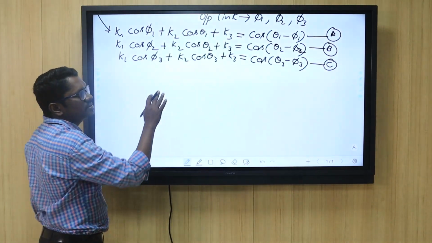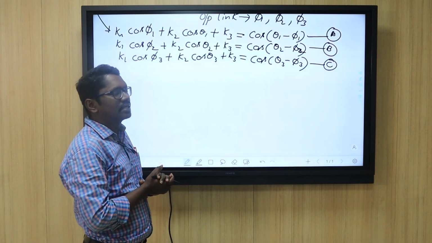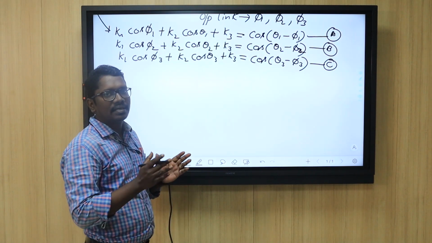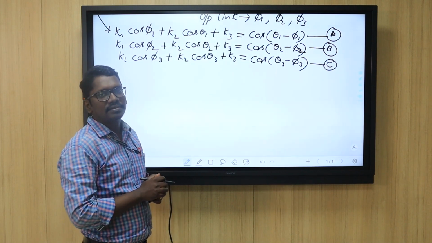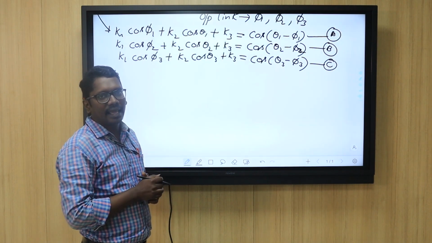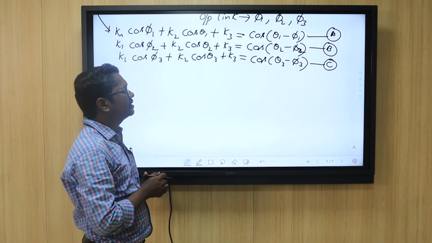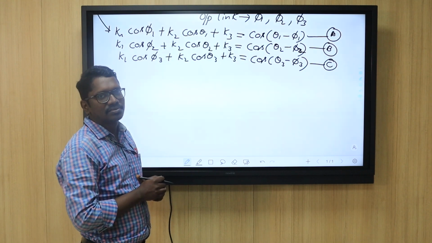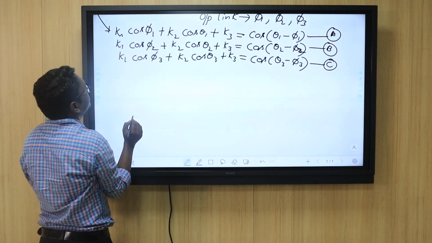So now for these 3 equations we have to write the matrix forms to get the values of constants K1, K2 and K3, and finally we have to obtain the magnitudes of all the links A, small b, small c and small d. So for that we have to use Cramer's rule from the matrix applications. So now let us write